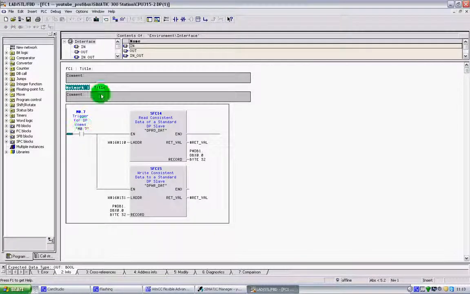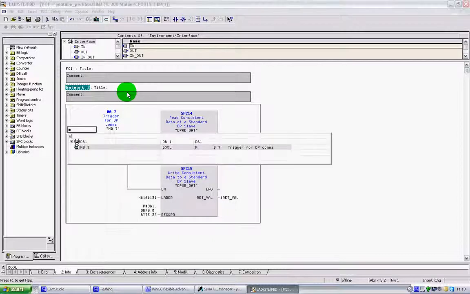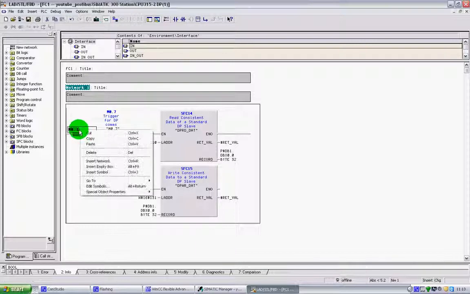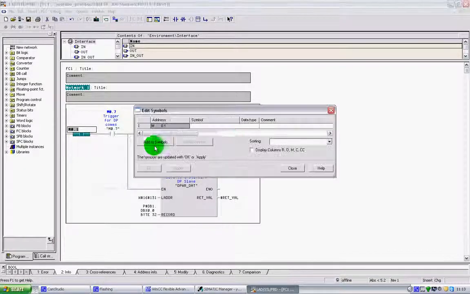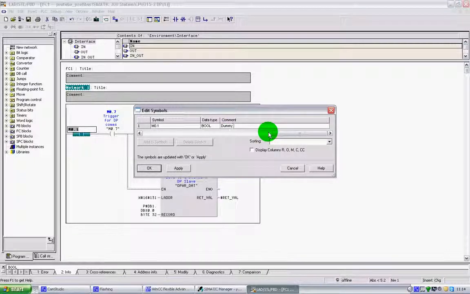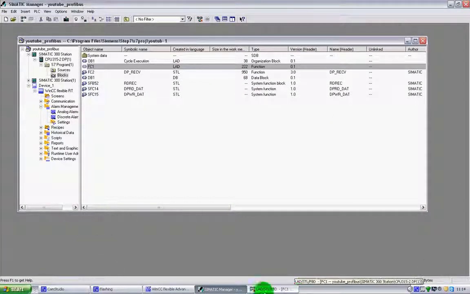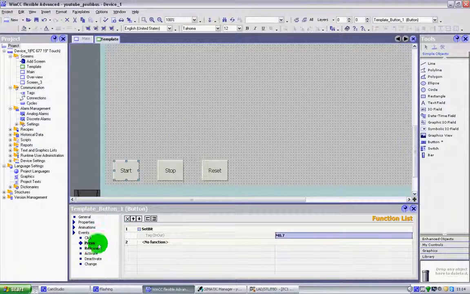and I add in another symbol, let's just put M0.1. We're going to quickly edit the symbol. We're going to give our symbol as M0.1. It's going to be a bool type, and of course our comment will just say dummy bit for now. Okay, we click OK, we save it, and then we can minimize our program,